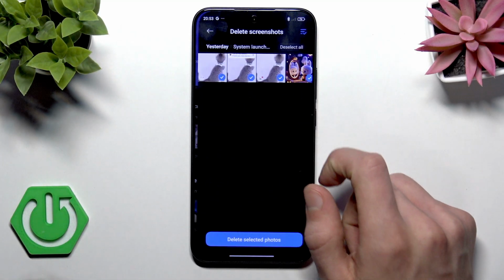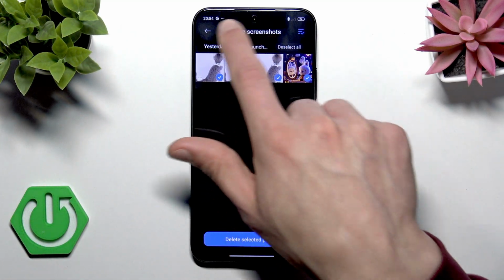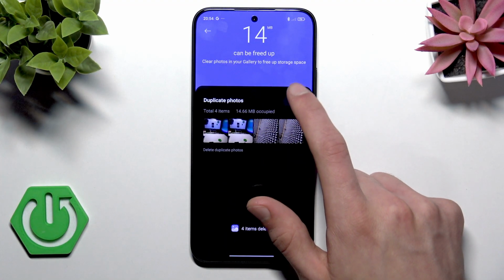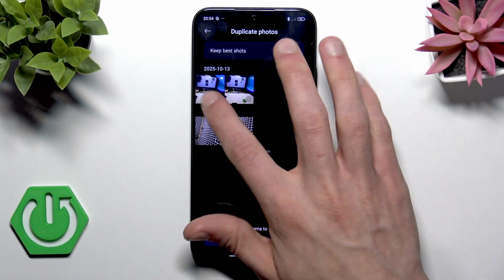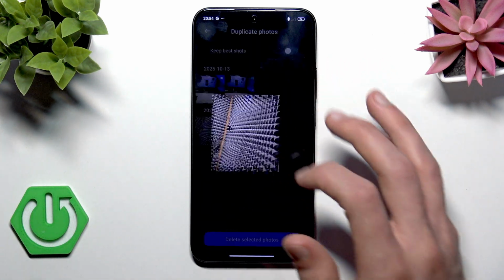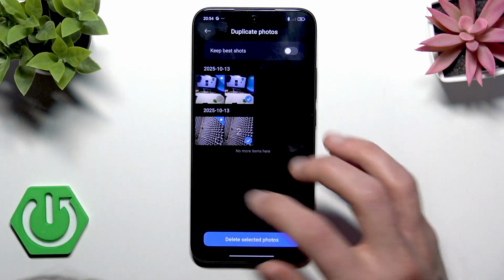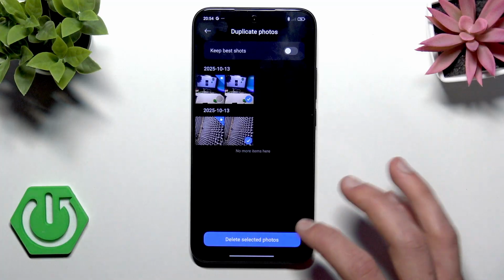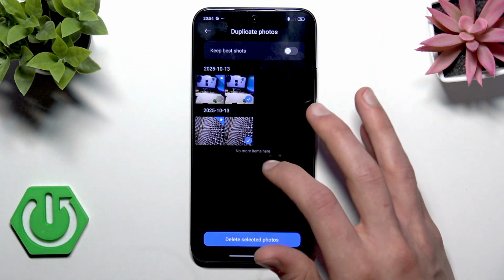In order to clean up storage here, you just have to select one of these two categories, then select Delete chosen photos. Then you can delete duplicates by selecting the duplicate that looks better for you and leaving it on your phone, and deleting the other one